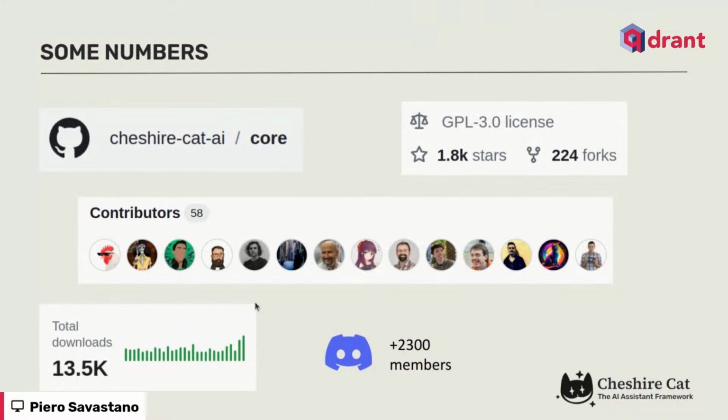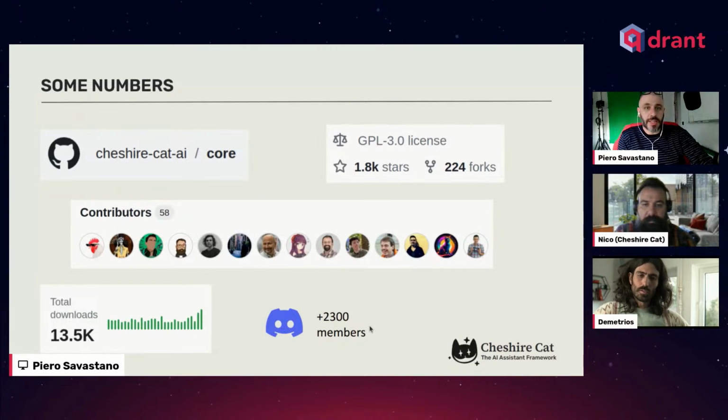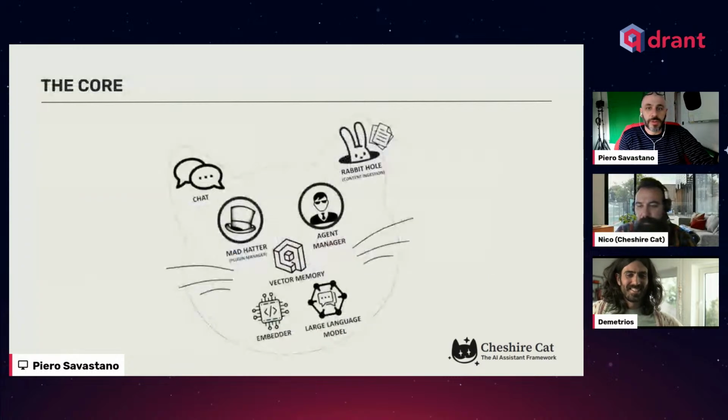There are a lot of contributors already, and our Docker image has been downloaded quite a few times. So it's really easy to get up and running because you just docker run and you're good to go. We also have a Discord server with thousands of members. If you want to join us, it's going to be fun. We like memes. We like to build culture around code. So it is not just the code.